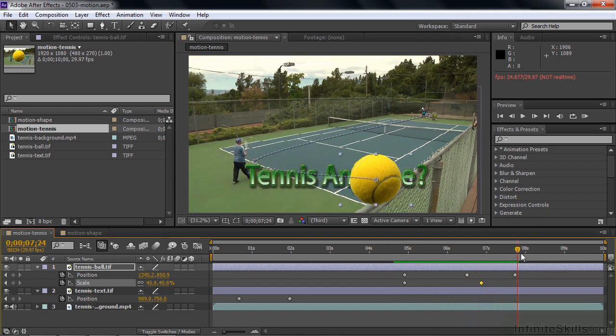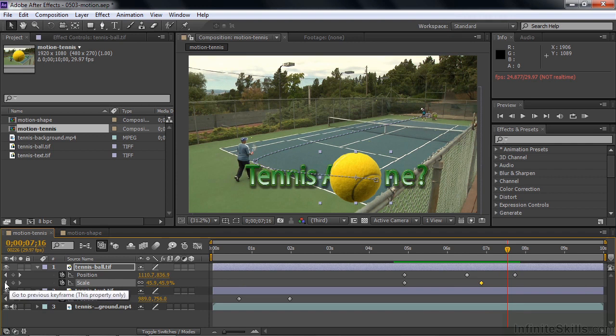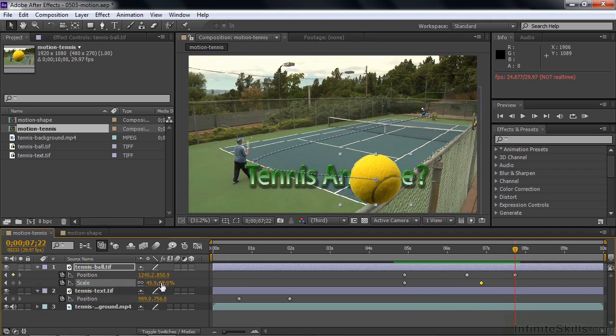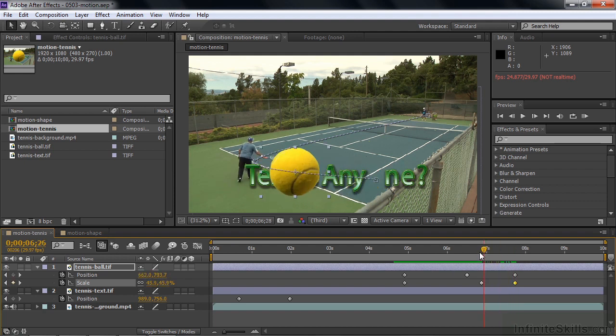When it gets to the "any one," let's have it be small again. So I'm going to navigate right to that keyframe there by navigating with this little triangle. There we go. Let's scale it down so it sort of fits there, right? There we go. That works. Now we need to adjust the path. So I'm going to put the current time indicator basically where the tennis ball is about halfway through the motion